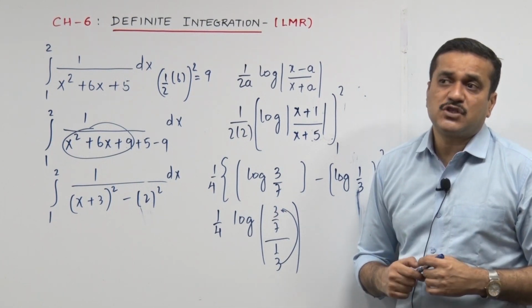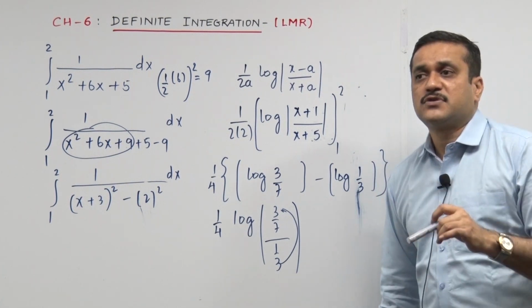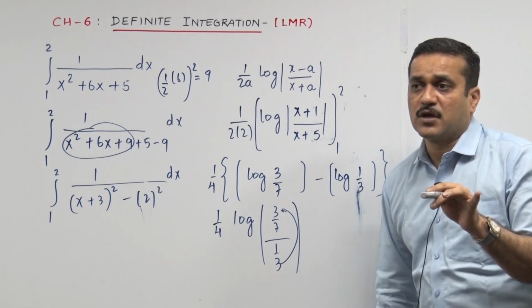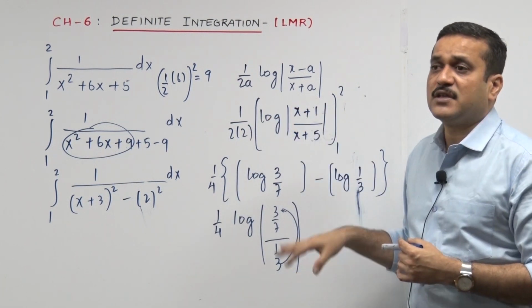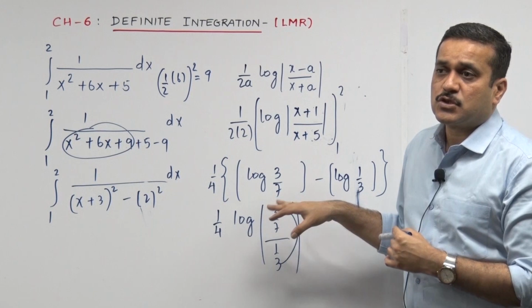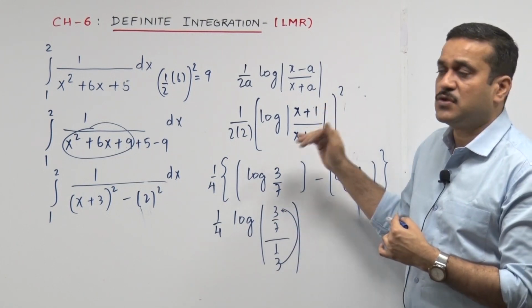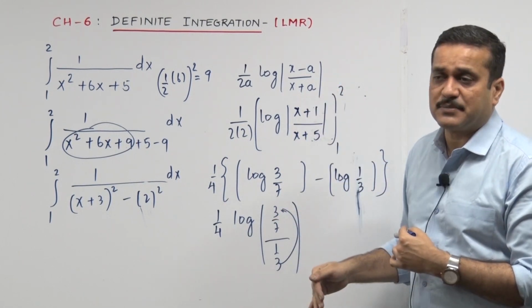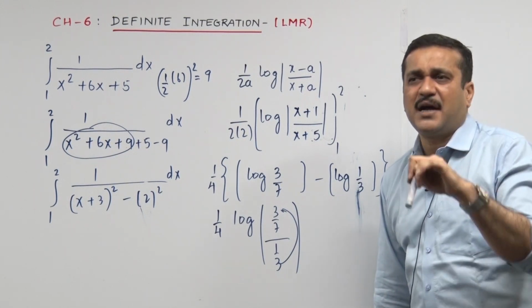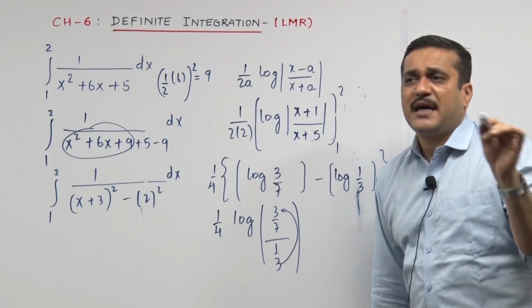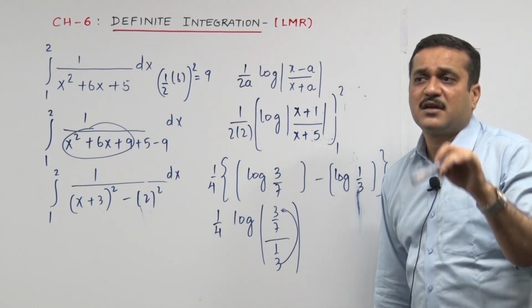Probably, and if you check out a few sums of your state board textbook, after playing with the upper limit minus lower limit, there are a lot of steps involved in settling down the answer. So if you just go plus c, you skip all those steps, and you happen to lose a good amount of marks.